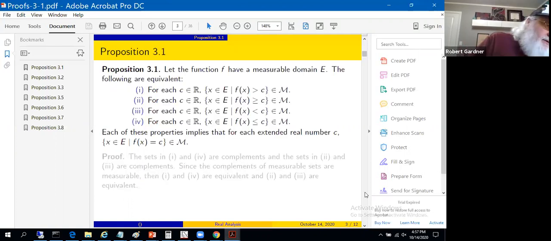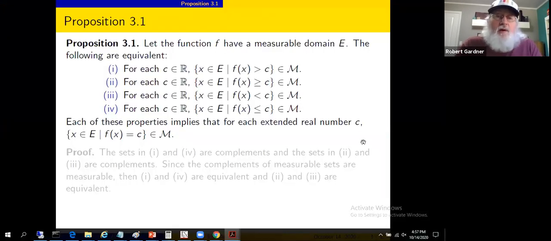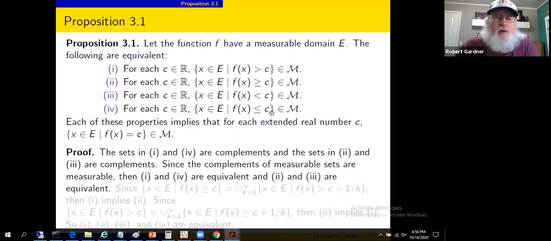Okay, so let's show equality of the first 4 things. We're alleging sets are measurable, and the measurable sets form a sigma algebra closed under complements, and I see some complement relationships here between some of these. The sets 1 and 4 are complements of each other. Either f of x is greater than c or f of x is less than or equal to c, provided